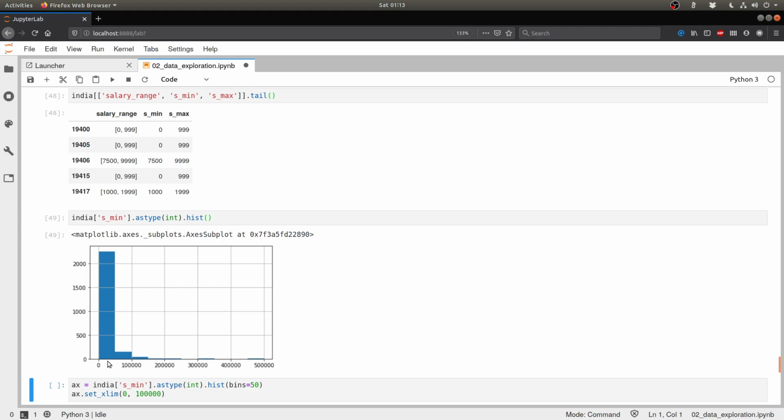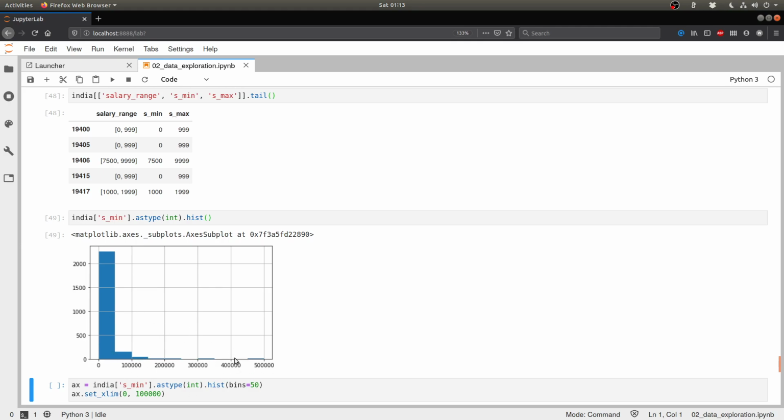We see that most people have a salary of less than 50,000 US dollars. So basically that makes sense. And very few people have salaries that are more than 50,000 US dollars. Some of them have all the way up to 500,000. So there is definitely disparity. You see that there is a lot of crowd at the bottom. A lot of people are earning less than $50,000 per year. Well, by Indian standards, that may be a good amount of money. But remember that there are still a bunch of people far ahead of that particular curve.